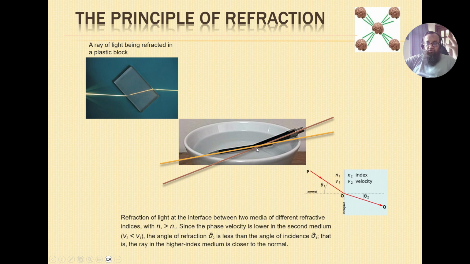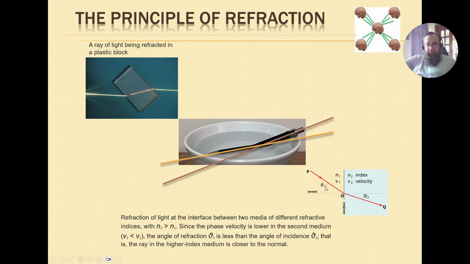So if we go to the exact math, refraction of light at the interface between two media of different refractive indices, where N2, this refractive index, is larger than this. Normally we assume that this is a normal medium, like where we are sitting, and this is something which has a different index of refraction. Like in this case, for example, assume that this is a plastic block or a cup of water. So as soon as the light enters this different medium,